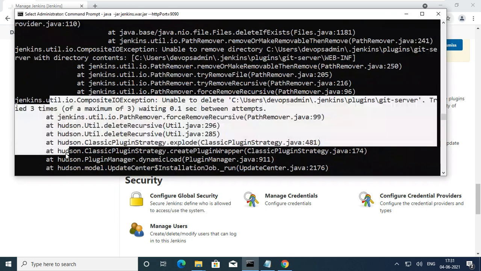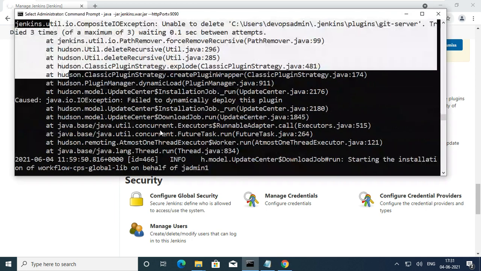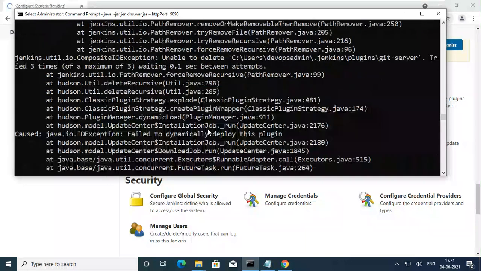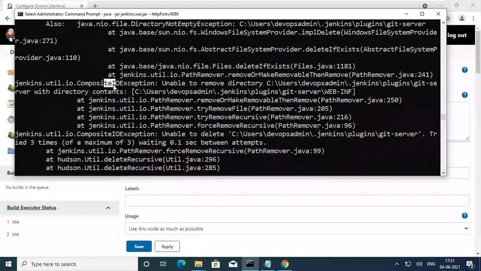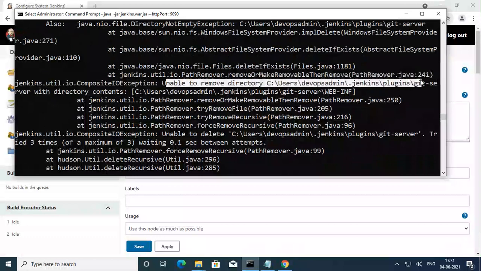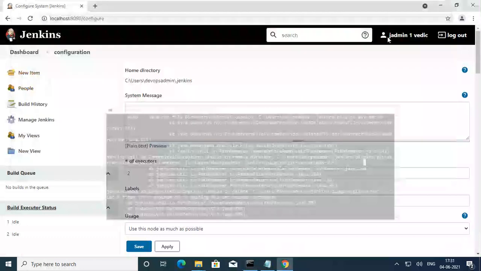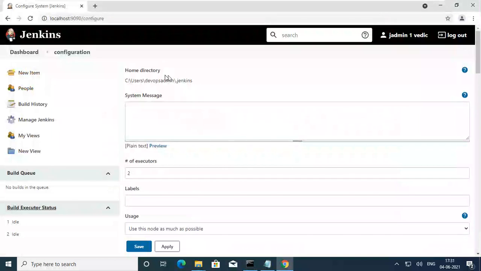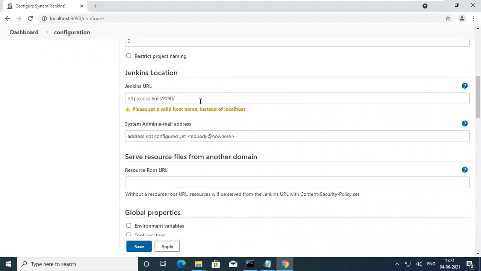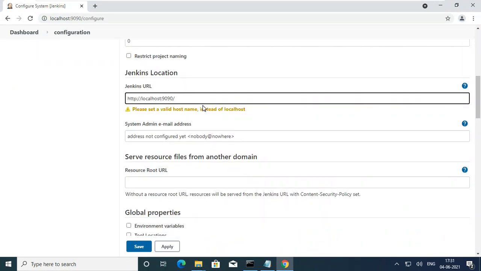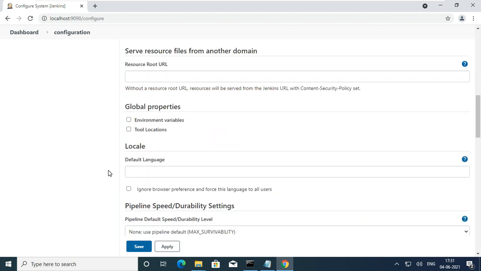When you see a screen like this, it mostly means there is an error. So find out why it happened. You can read why it happened also. Exception: unable to remove directory plugins git with the content, something it is showing. So this is my home directory where it is located. If you want to locate it in a different location, you can change it. This is how to access it, like a URL for your Jenkins.